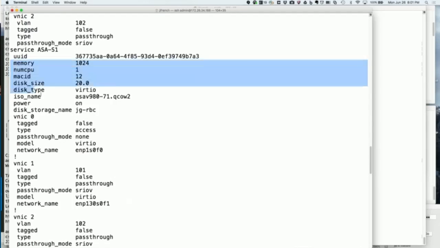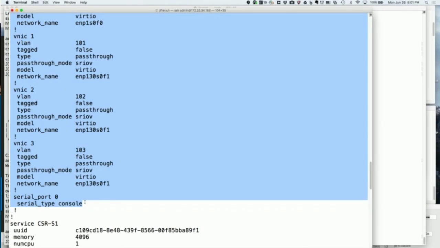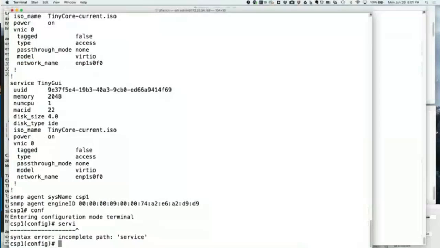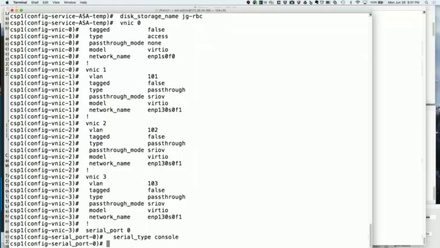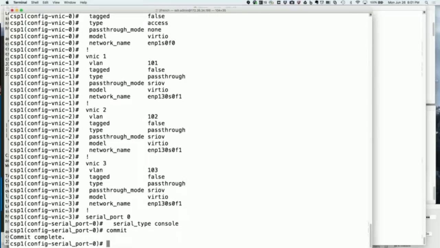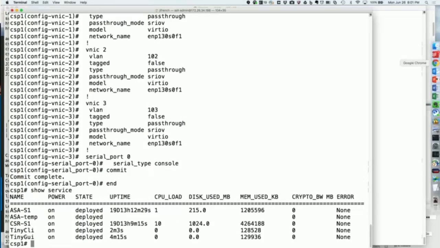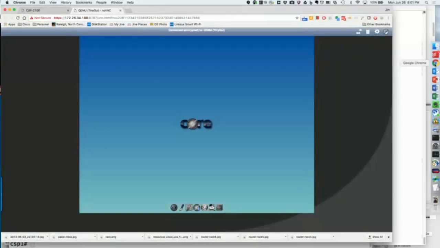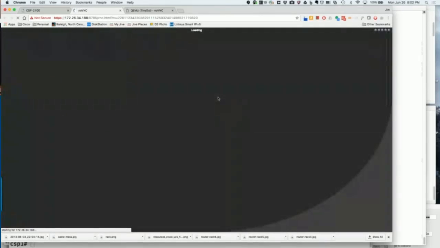So everything from here to there, copy, oops, service, ASA temp, paste, commit, end, show service, just created another ASA. Now, normally I would change the VLAN mappings if it was real life, but so here you have the original ASA. If I log into this, just so you guys see what it looks like from the inside,